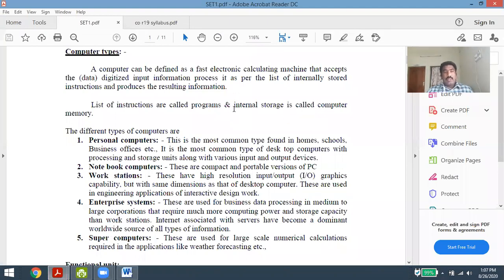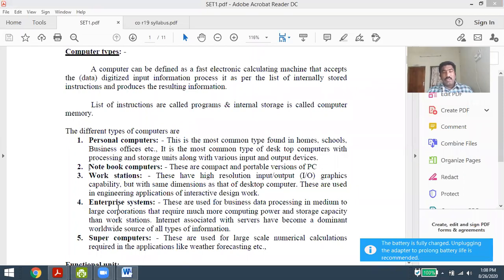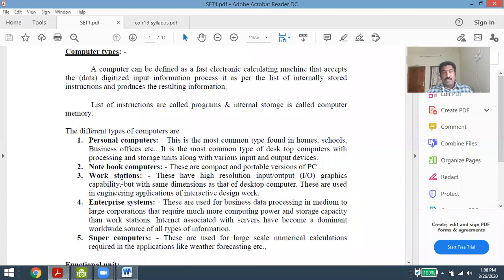Okay, so let us start with different types of computers. We discussed this in the last sessions, in the first basics of computers. We have different types of computers used to perform different calculations or process different tasks generated by the user. Here are some examples: the personal computer, also called a PC, notebook computers, which we are using now, workstations and enterprise systems, as well as supercomputers. We are already familiar with all these.